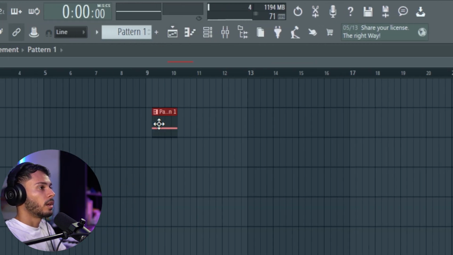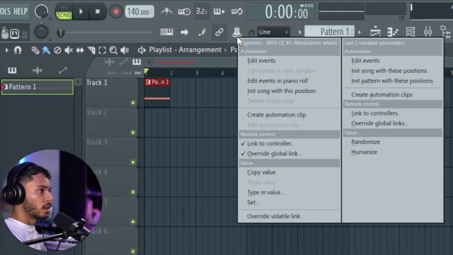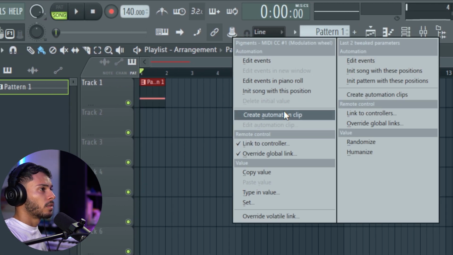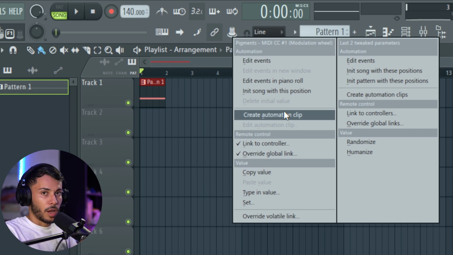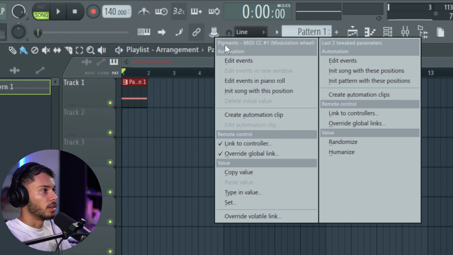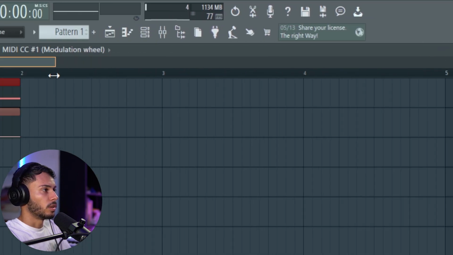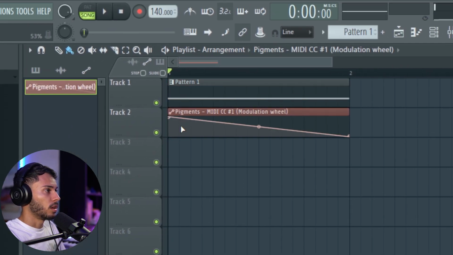And now we can create an automation here. I'm gonna right click here, create automation. And since I was moving the mod wheel on FL Studio as the last input that I touched, it says here Pigments MIDI CC number 1, which is modulation, which is what we want. And I'm going to create